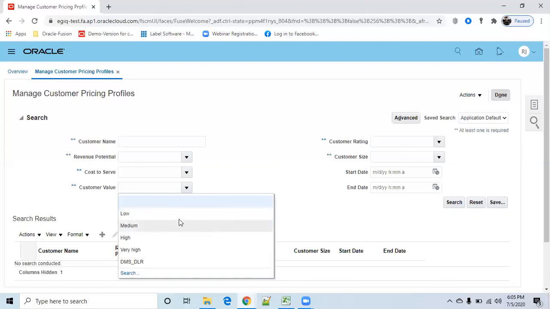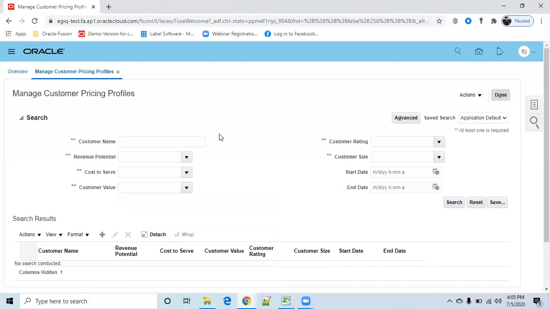But the values in the drop-downs can be added through lookups. Using lookups we can add n number of values, like low, medium, high, very high. I can make it my own way. Those things we can do using manage customer pricing profiles.